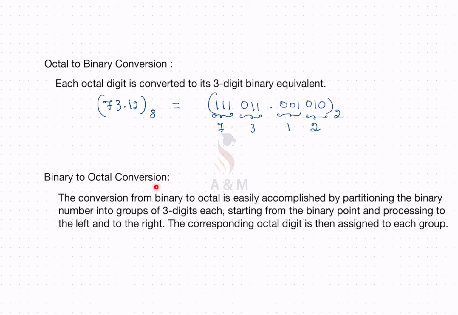Binary to octal conversion. The conversion from binary to octal is easily accomplished by partitioning the binary number into groups of 3 digits each, starting from the binary point and proceeding to the left and to the right. The corresponding octal digit is then assigned to each group. That is, example